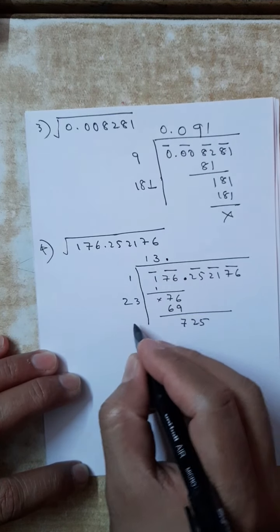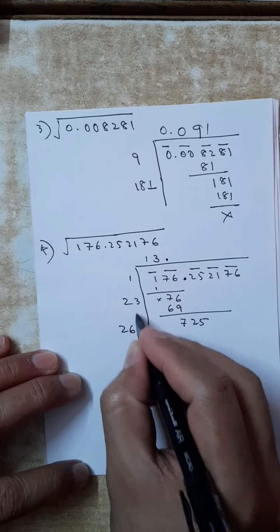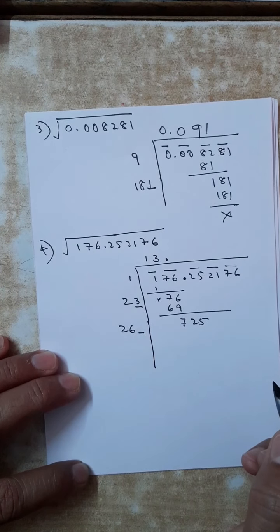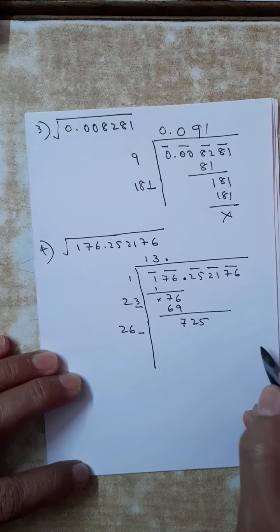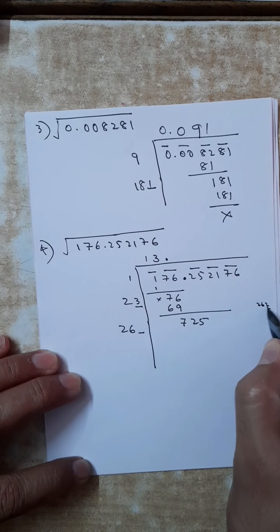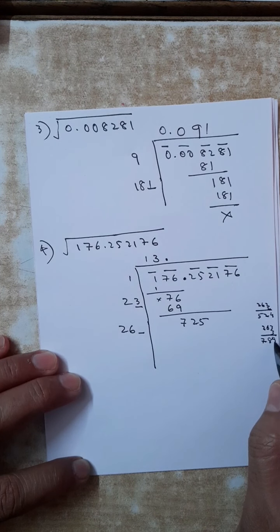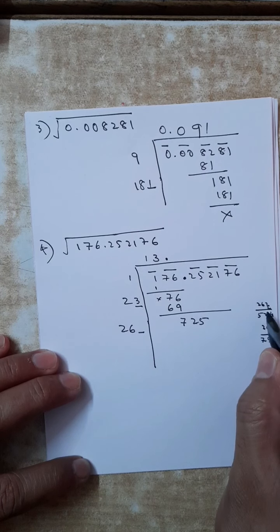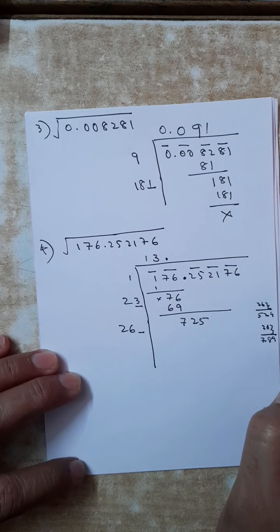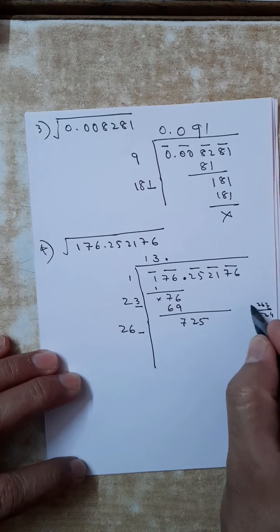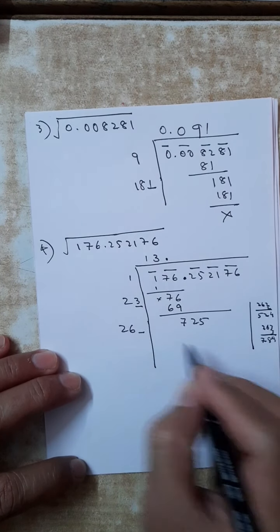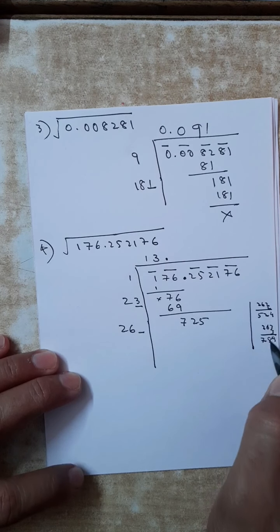Double of 13. Put a dash. Which number? 262 into 2, 263 into 3. 789. Okay. So it is your duty to check whether 3 is going or not. 2 is going surely. So I am just showing you the procedure. I am sure that 2 is the answer, but still I am showing.